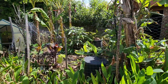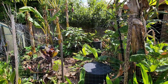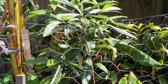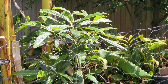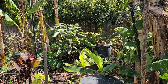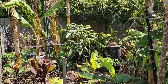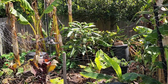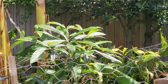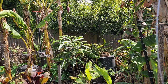Today I made some changes here in the banana circle where I had a Tamarillo tree, a mature one, right behind that loquat. See that loquat there? That tree there, which is a volunteer. I did not plant it. That's how awesome loquat is down here in the cooler climate. You get a free tree, not only a free tree, but a freaking awesome tree, which has that tropical foliage unlike any other. So today's video is not about the loquat, it's about the Tamarillo that was there for the